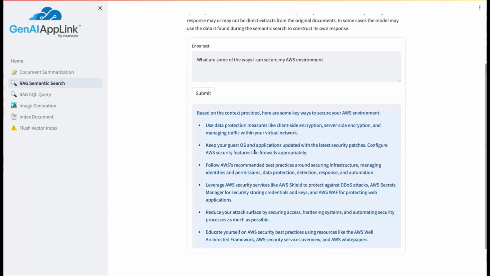Instead of sort of a keyword search where it might send me to a page and then I would have to read that page, it's taken the information in those pages, distilled them down, and given me a response that I can go and use. So we could try something else here, and we could ask it a question such as,